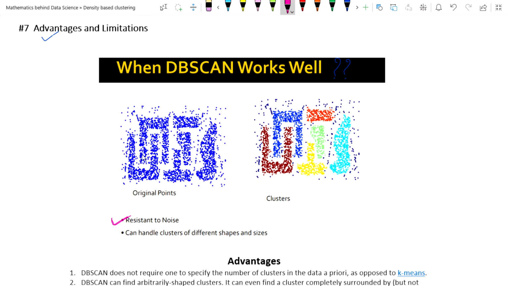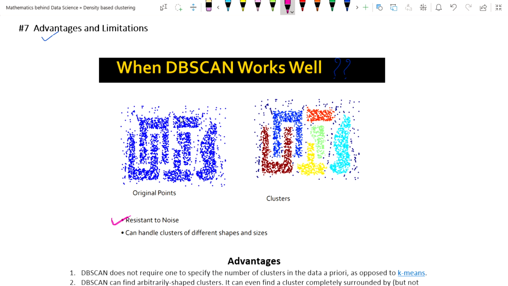In such scenarios, k-means, hierarchical clustering, and k-medoids do not work properly. But the DBSCAN algorithm solves these kinds of problems.